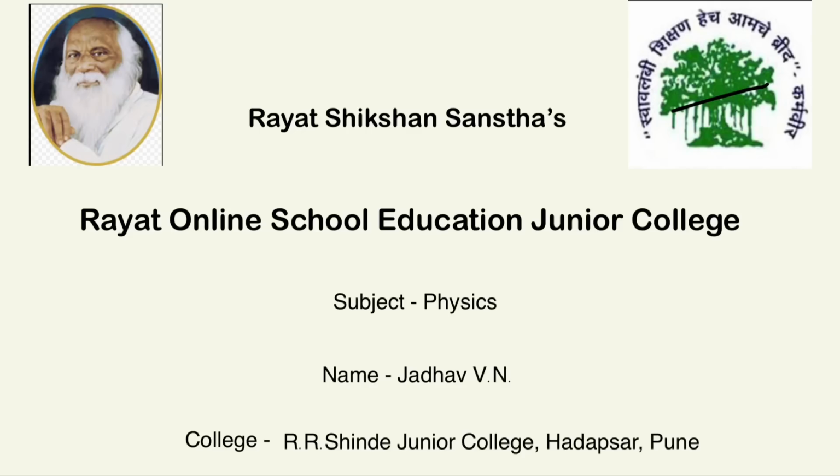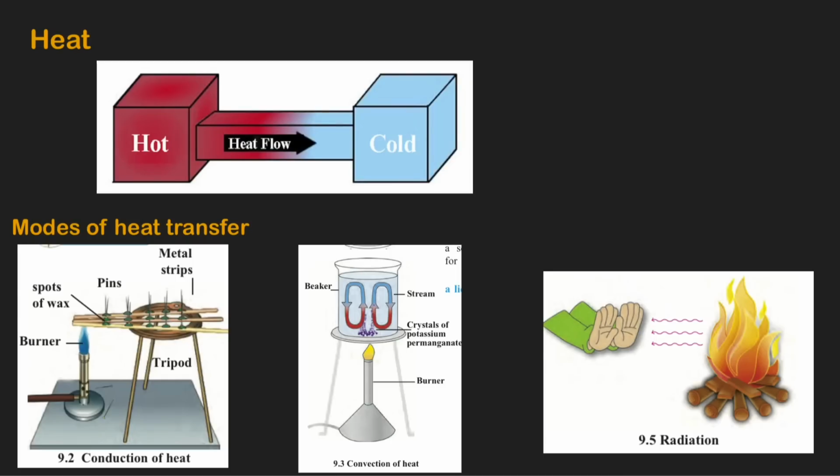In today's lecture, we are going to discuss the measurement and effect of heat from 8th standard and the chapter heat from 10th standard. Now, we already know that heat is a form of energy, and that heat energy can flow from high temperature to low temperature, meaning hot object to cold object. Here the SI unit of heat energy is joule,